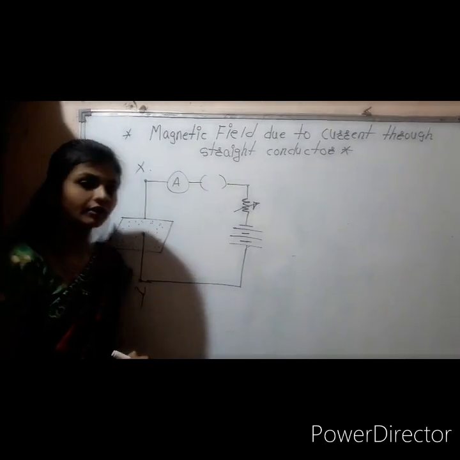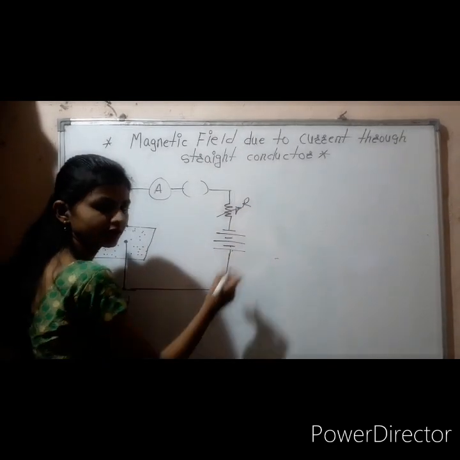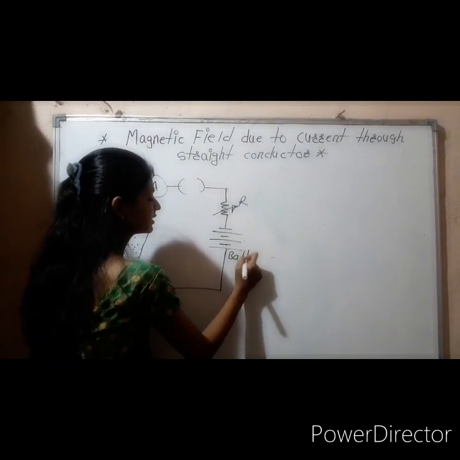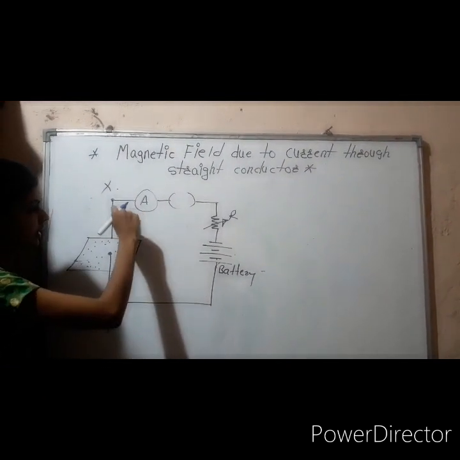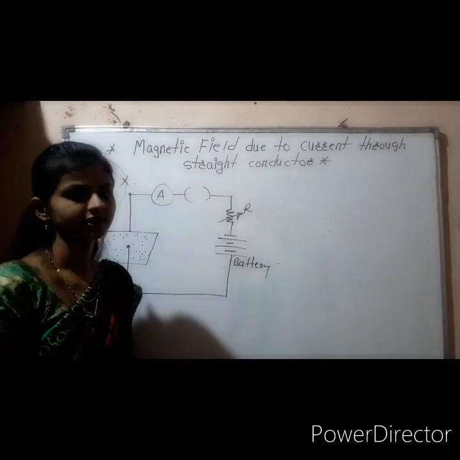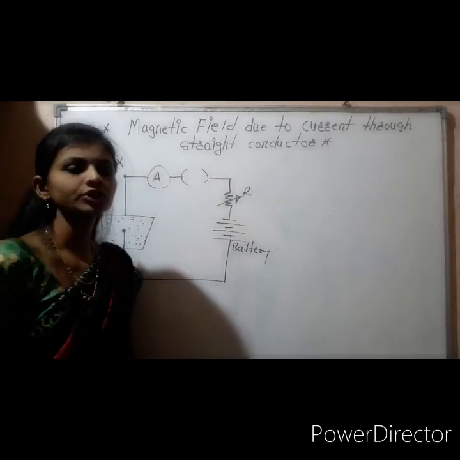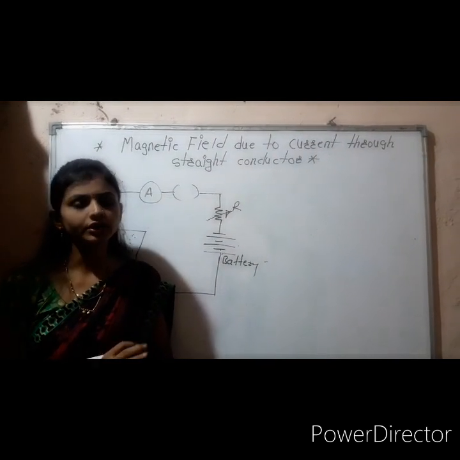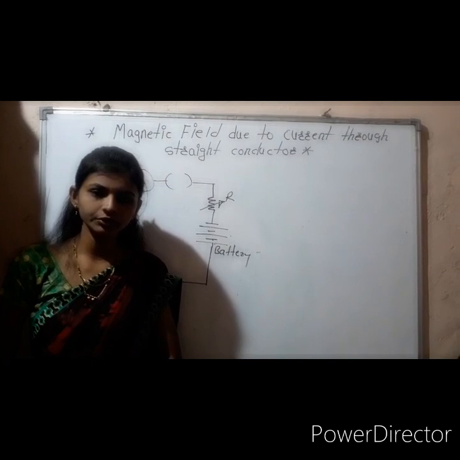Now once again just see the circuit. We took a rheostat, then the source, which is our battery, a switch, ammeter, rod and the cardboard, and on that cardboard we have put iron fillings. So what do we have to do? Now you can see that the switch is off. When the switch is off, at that time there is no current flowing through the circuit. Okay, switch is off, it means that current is not flowing through the circuit.